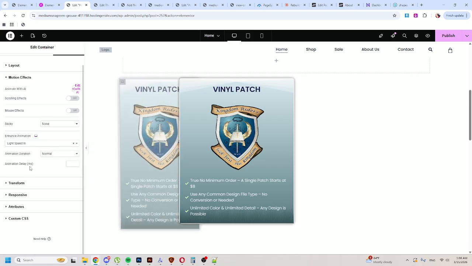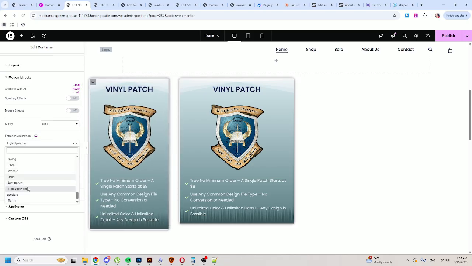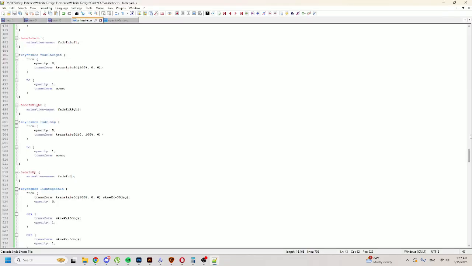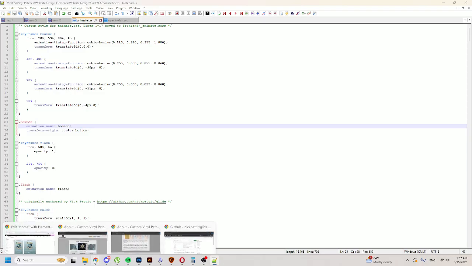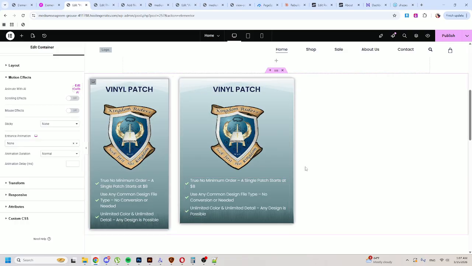Okay. Lightspeed is my favorite. It's so stupid. Rolling. That's all of them. So, not made by Elementor, I don't think. This is just public domain basic CSS animations. And I don't think that they have anything proprietary here. Maybe not. Maybe not this Flash, which is probably illegal. And Bounce, which I think Claude told me not to use because it said that it could affect performance. So